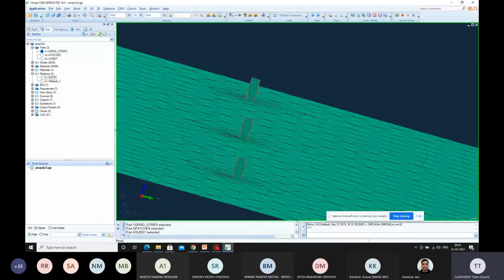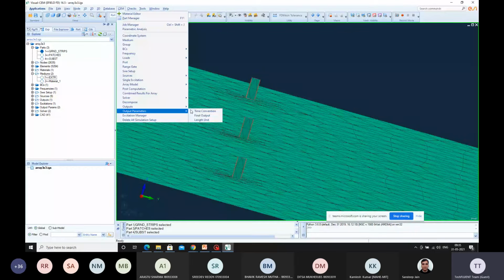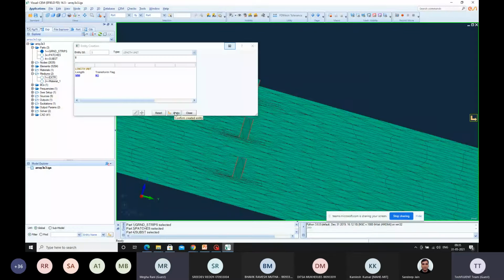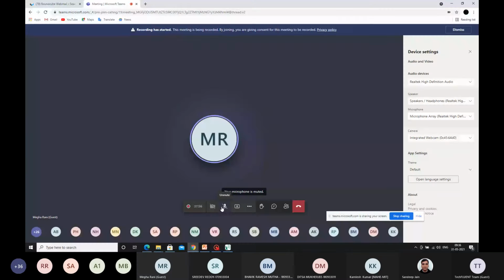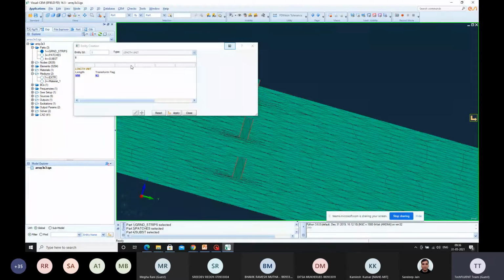Okay. And apart from that, again, we have to go ahead with output parameters, select length unit. It should be in terms of mm. So we have to set the units in terms of mm, and once we click on apply, it's done.